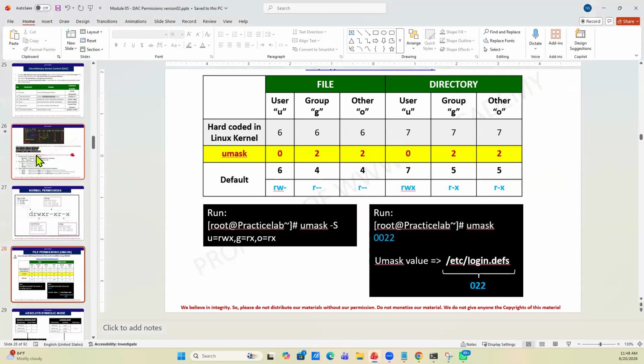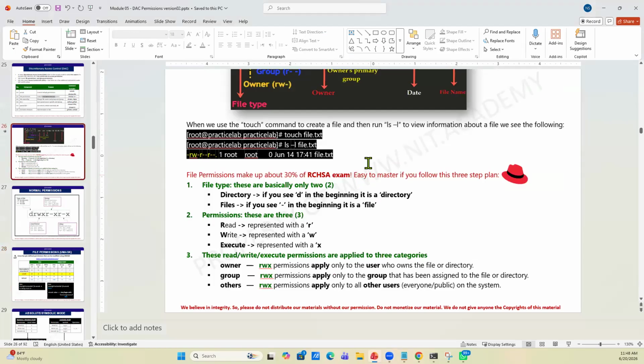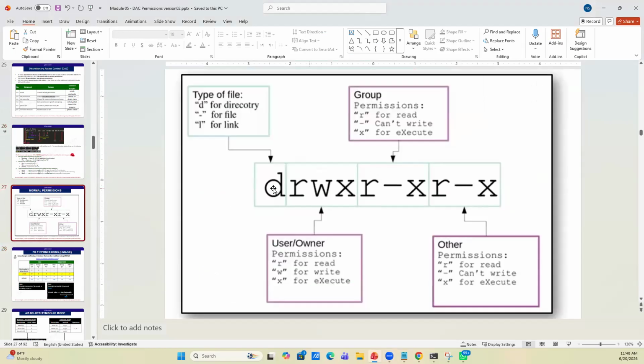So we have talked about the structure of the permissions. Today we are going to focus on this slide: the permissions, the owner, group, and others. How do these permissions of read, write, execute work? How can we master these boxes? We have a total of